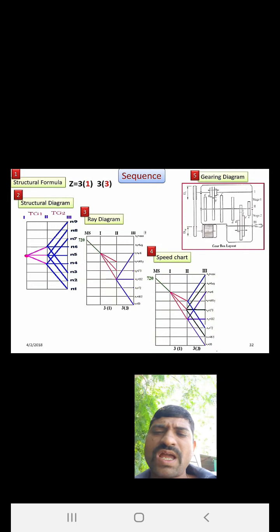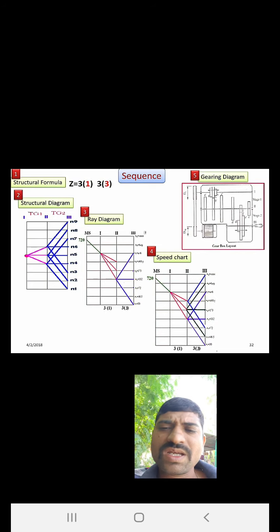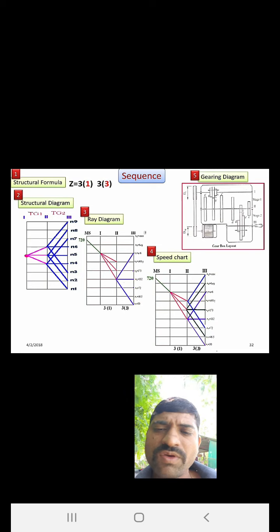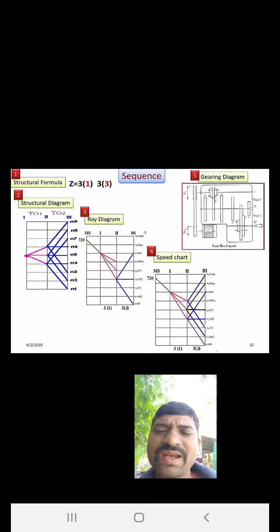Then I will mark one point at the 5 number line on shaft number 1. After that, there is a gap of 1 between those 2 lines. We will consider one box in between. N1 to n2 there is a 1 centimeter distance. Assume that n1 to n2 is equal to 1 centimeter line distance, and we will require 3 lines. In pink color I have drawn the 3 lines. First is a horizontal line. You will get the constant speed from the first shaft to the second shaft.